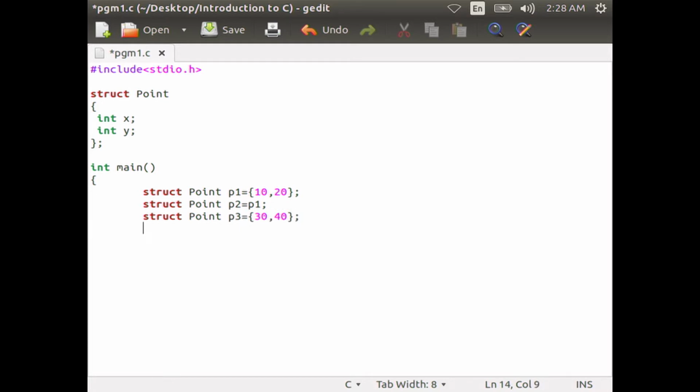Then int a = P2.x == P1.x && P2.y == P1.y ? 1 : 0; Then write the if condition: if a equal to 1, printf P1 and P2 are same.